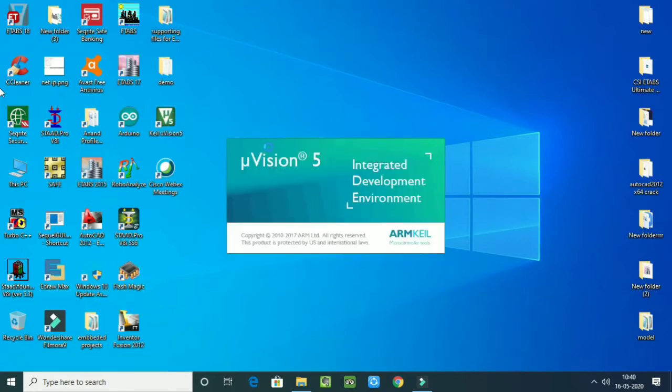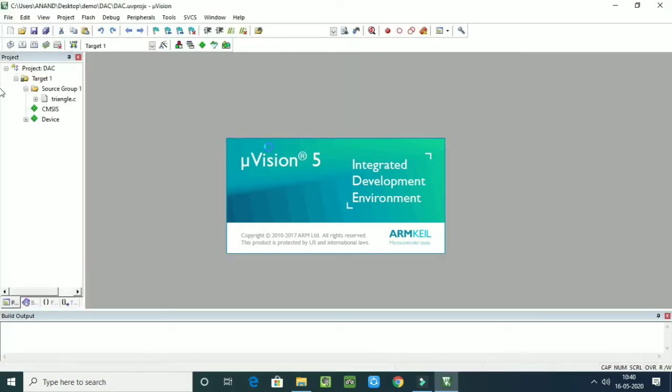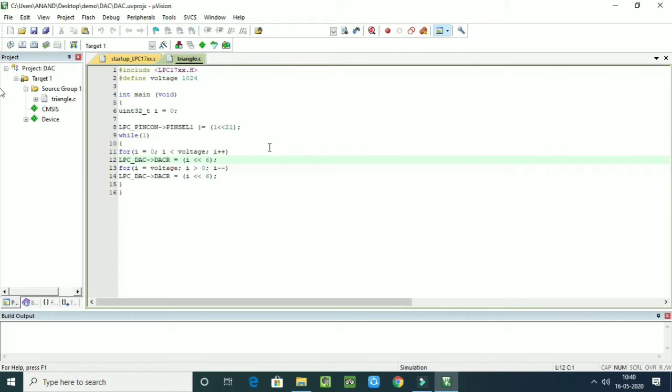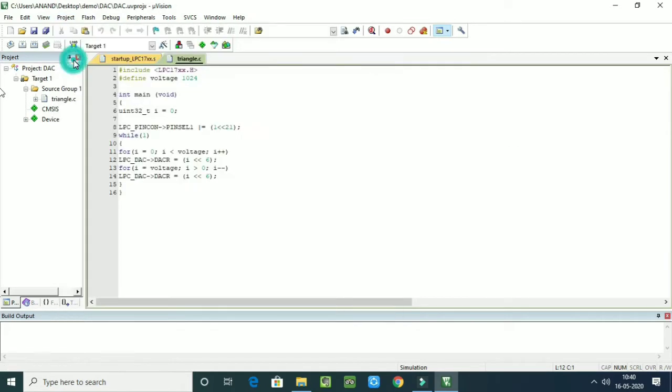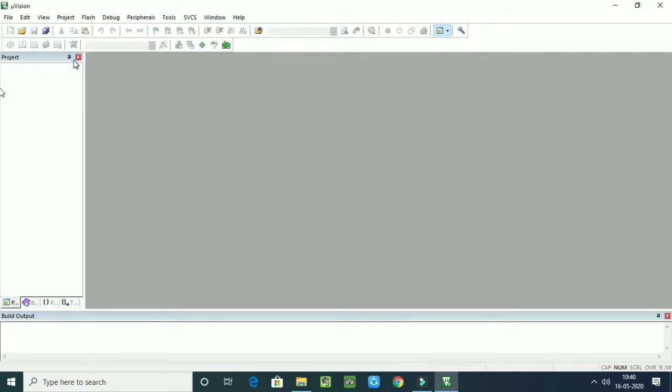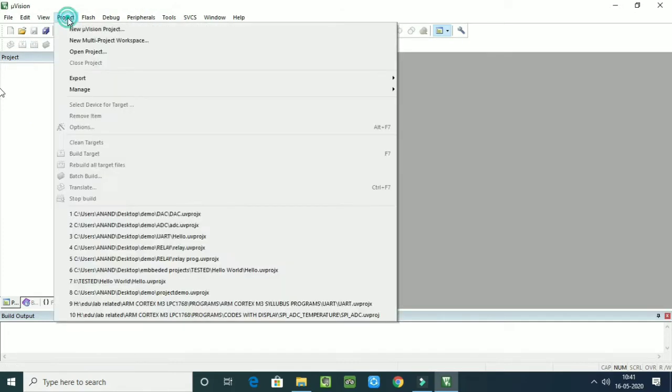First, let me open Keil Microvision 5 software. So project, let me close old project. Again, project, new Microvision project.